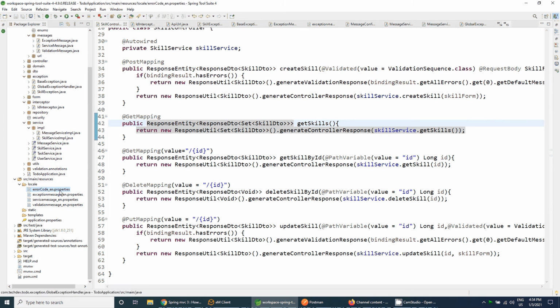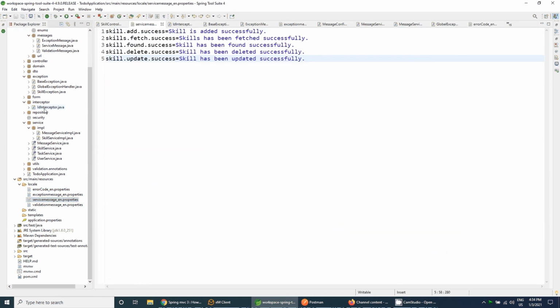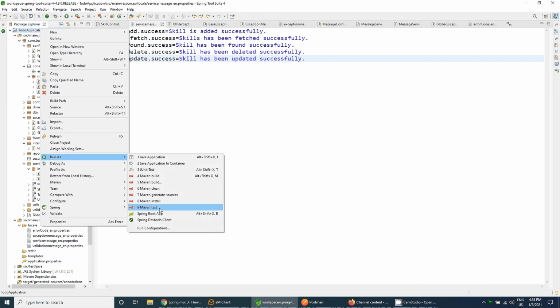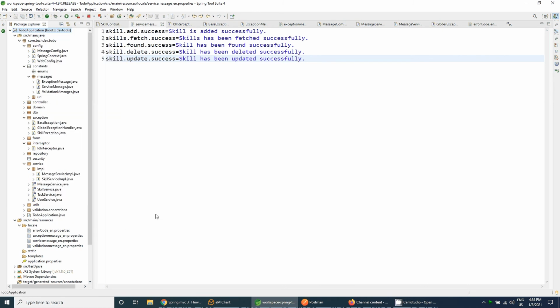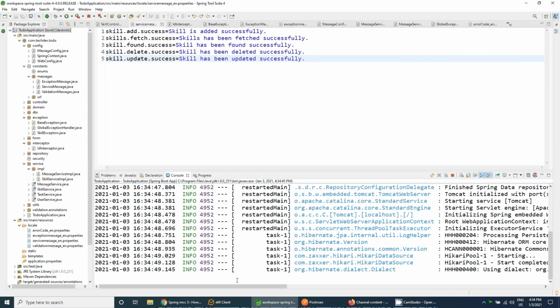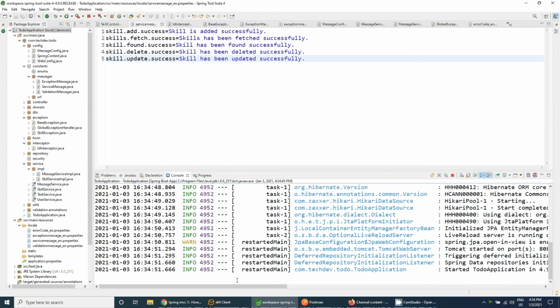So first of all, go to the to-do application and run as Spring Boot application. So application has been started.